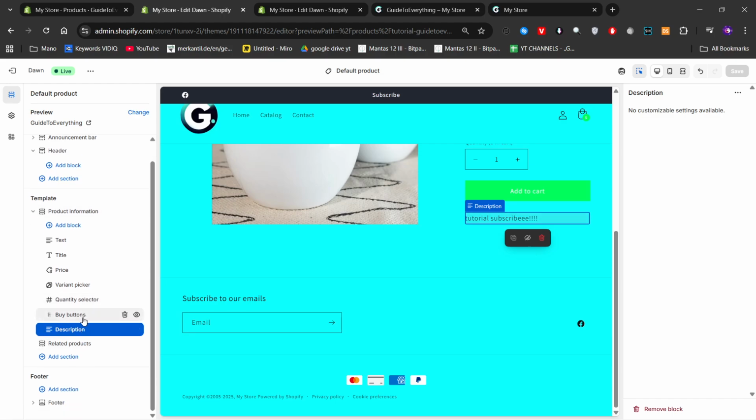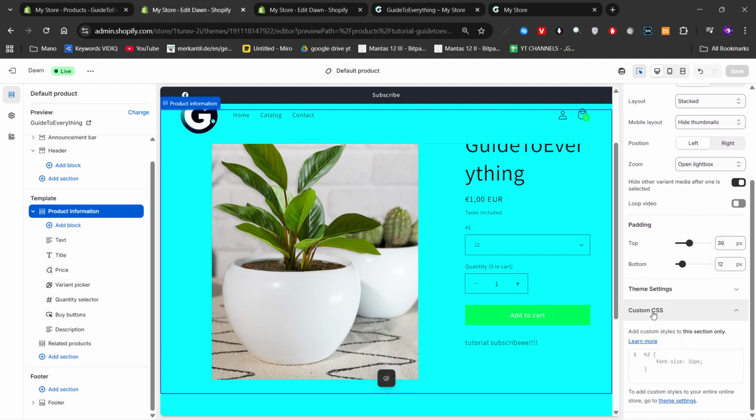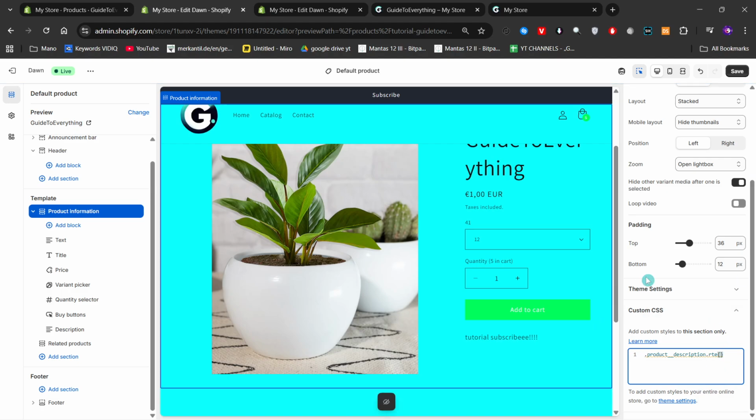And what you'll need to do is right here, click on product information, scroll down until you see custom CSS, click on that one on this drop down menu, and what you'll need to write is .product__description.rte, and then open curly brackets, then put your cursor inside, click enter, then type font-size